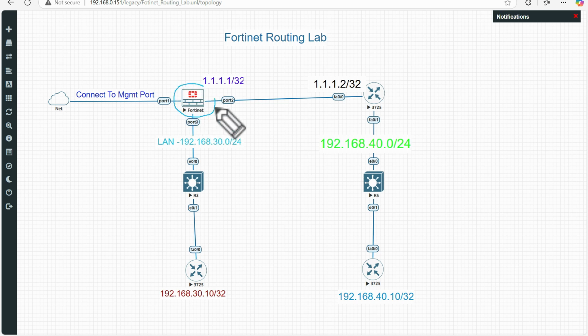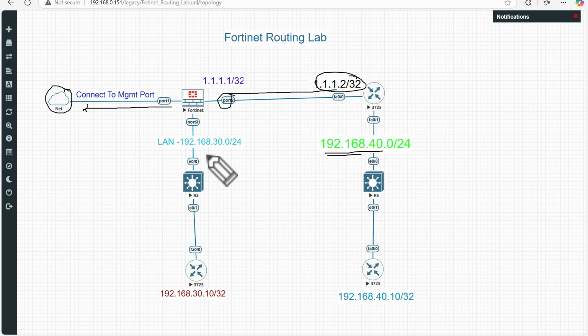So basically this is our Fortinet, and port 1 is connected to the management network so that I can access this Fortinet on a web browser. Port number 2 is connected to this router so that I can show you how to access this network using the static route. And 30.0 is the LAN network, which has this host on 30.10, and this 40.0